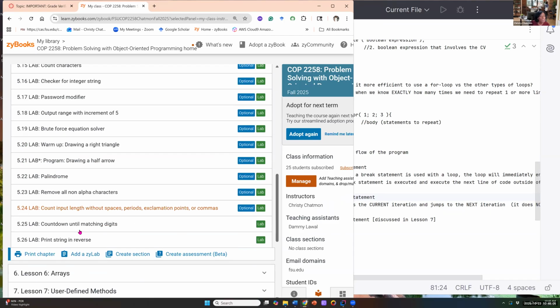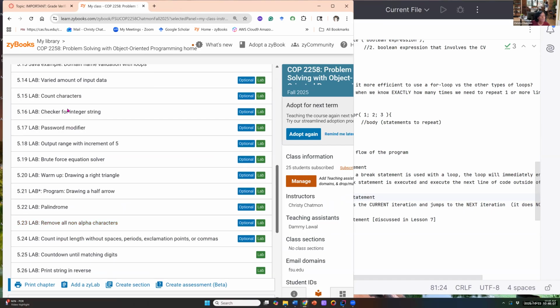You have several programs that are optional to learn more about how these statements and concepts are used. You do have 2 programs that you're responsible for completing for lesson 5. Make note of that. Give yourself ample amount of time, and if you have any questions or concerns as you're working on those exercises, please don't hesitate to reach out